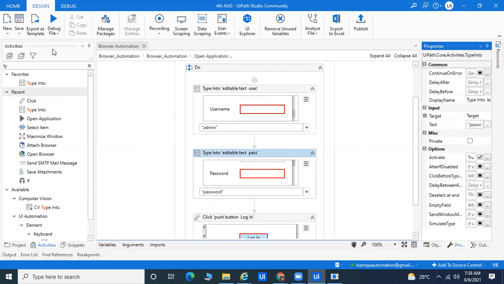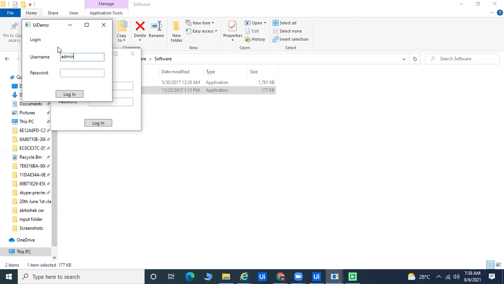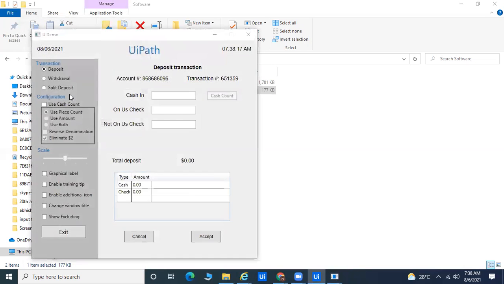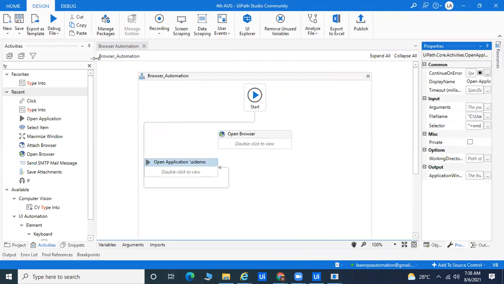So if I run this program, automatically it will try to go for the login screen. I'll show you how to log in through your open browser, open application, and how to log in with the attached window. Both things I will tell you today. And going for login, it's working fine. The same thing you are able to do with the attached window also.